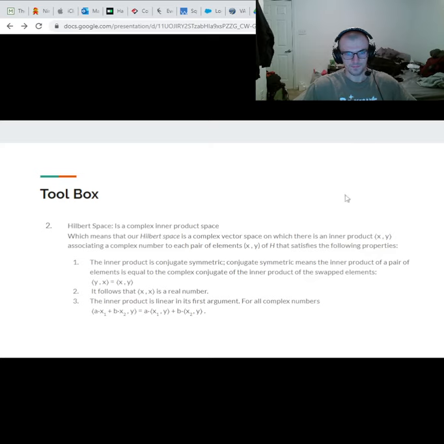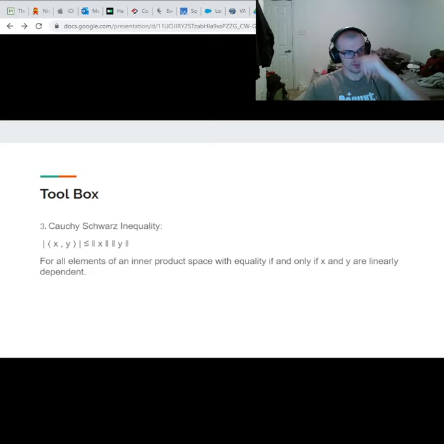Our third tool is the Cauchy-Schwarz inequality. This inequality just states that on an inner product space, like a Hilbert space, you have that the absolute value of an inner product is less than or equal to the norm of an element times the norm of the other element within the inner product. And this equality is true if and only if x and y are linearly dependent,